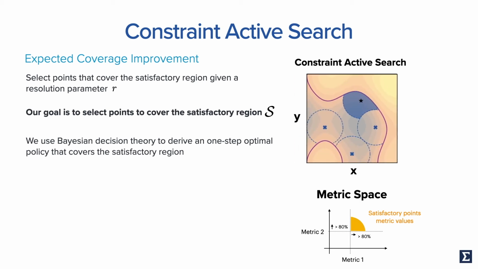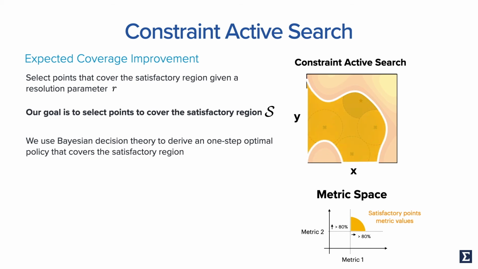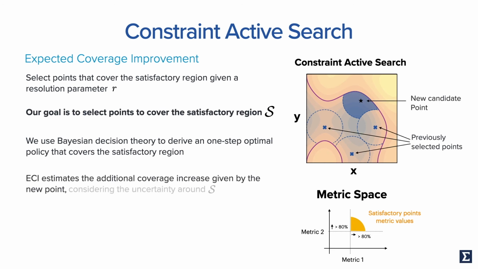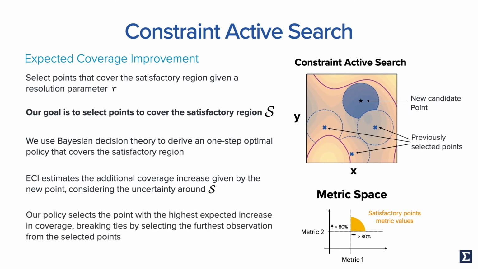Let's illustrate this with a more interesting example. Suppose you want to cover the set S in this example. 3 observations were selected, and you want to evaluate the benefit of a new candidate point. Given the resolution parameter, each observation induces a coverage area of the input space. ECI estimates the additional coverage increase given by the new point, the blue-gray area in this picture. Since we don't know S a priori, we compute the area across different realizations of S. Our policy always selects the point with the highest expected increase in coverage, breaking ties by selecting the furthest observation